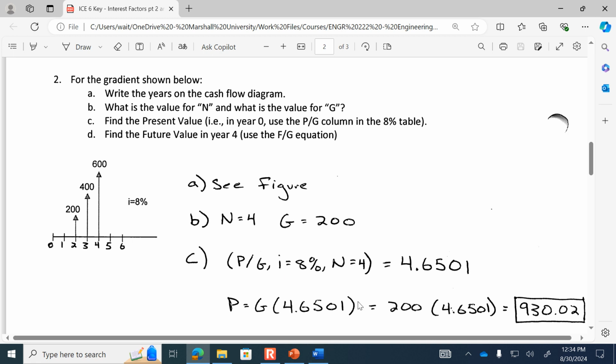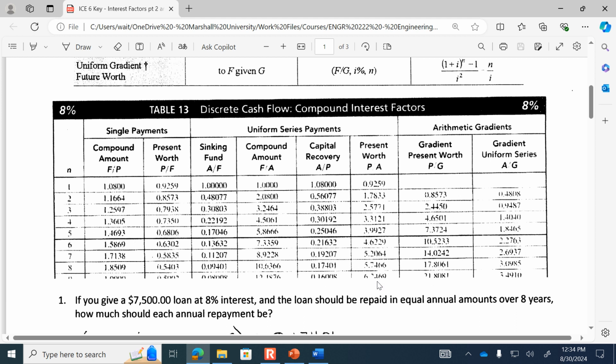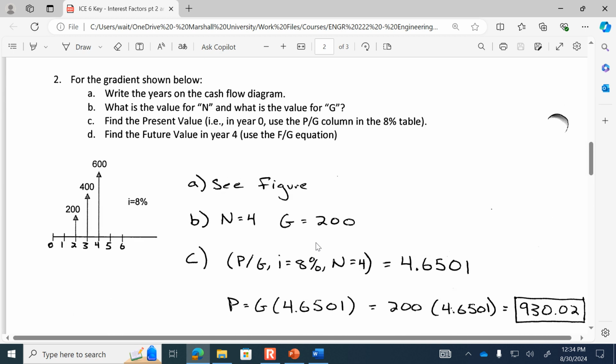So if you go to the 8% table, find P given G, N equals 4. And just to verify, this is the 8% table. Yes. So the factor is 4.6501. And so if you multiply that by G, then the lump sum equivalent of that is